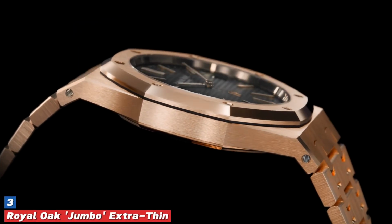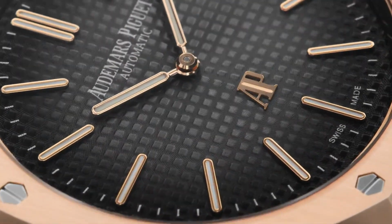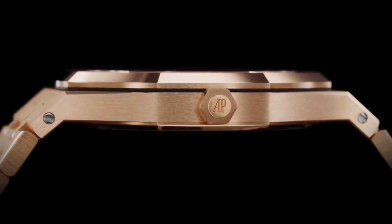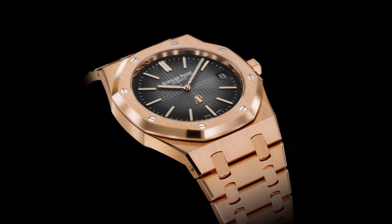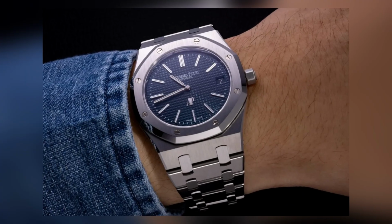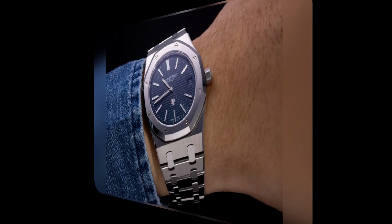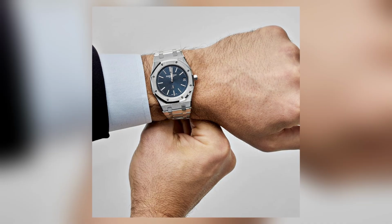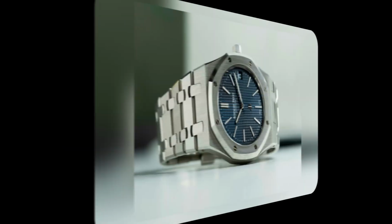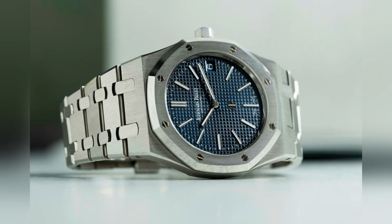Number 3. Royal Oak Jumbo Extra Thin. Ah, the Jumbo, that audacious whisper of excess and understatement. The Royal Oak Extra Thin at 39mm and a breathtaking 8.1mm thick, stainless steel kissed by the gods of minimalism. Its case a canvas where every facet, brushed sides yielding to mirror-polished edges, captures the fleeting iridescence of a dewdrop on dawn's blade. Beneath the sapphire dome lies the ultra-slim automatic caliber 2121, a 30-joule marvel with 40-hour reserve,